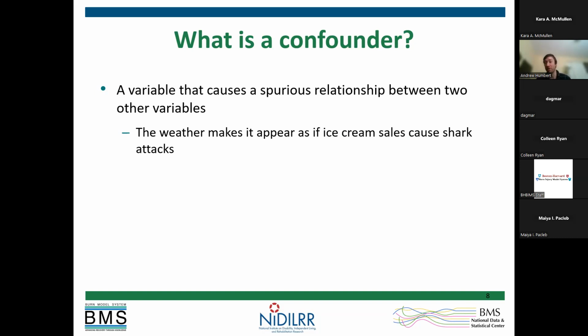So it's not just causing a spurious relationship to be present, it could be causing a relationship to be spuriously removed as well. And I think that's often overlooked when we consider confounding, but it's a very important thing to note. We're not just including it to try to remove a relationship, we might also be including it to see what relationship appears, because the confounder could be masking a relationship that's actually present. In our setting, this is really, does weather make it appear as if ice cream sales cause shark attacks? We see this very clear trend between ice cream sales and shark attacks, so we're worried that a confounder is maybe causing that spurious relationship to occur.